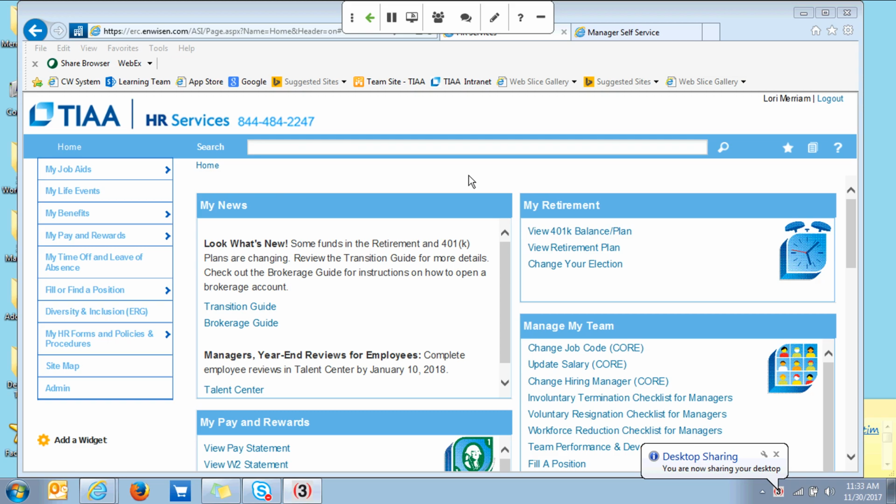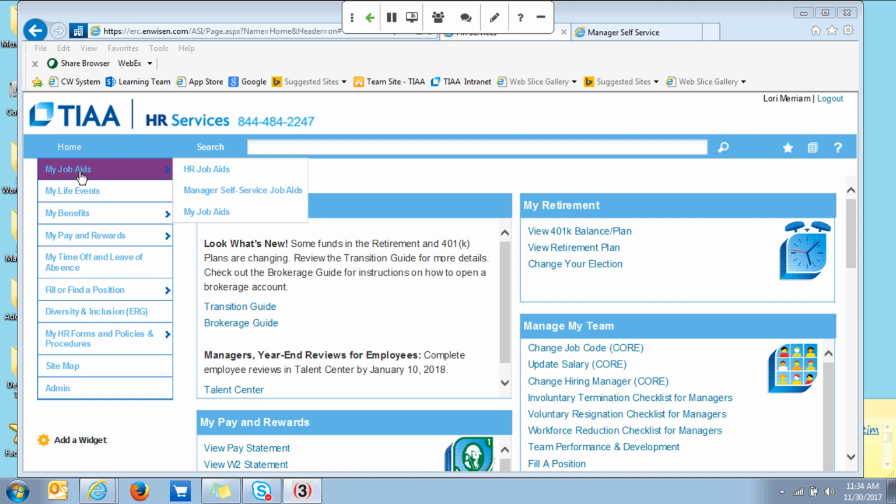And like Virginia said, there are a lot of resources available to you. We want to make sure you're very well supported in this transition to using Manager Self-Service. There are job aids available. You can contact HR services. There's also going to be in place an aid that's called Walk Me that will help you when you're inside the transaction. And I'm going to show you the resource tool that we've developed that's an end-to-end overview and detail of each transaction. You're going to find this on the HR Services page.